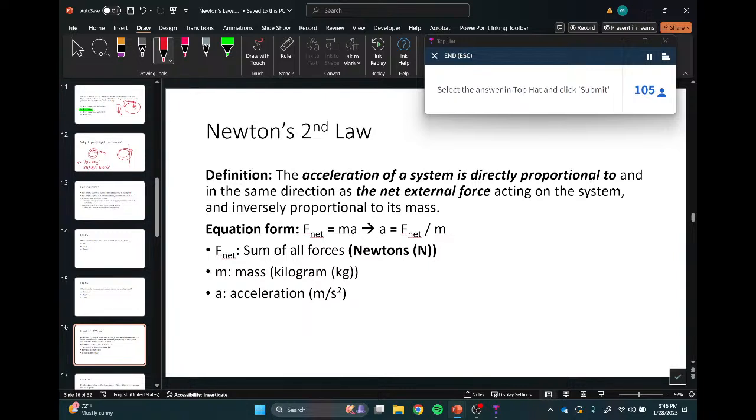Mass is going to be measured in kilograms in this class. So kilograms is not going to be weight in this class. Just like your chemistry classes, kilograms is mass. It's a measure of how much stuff is in something. Not how much gravity is affecting it, but how much stuff is in it. Literally like how many atoms and things like that. That's what mass is.